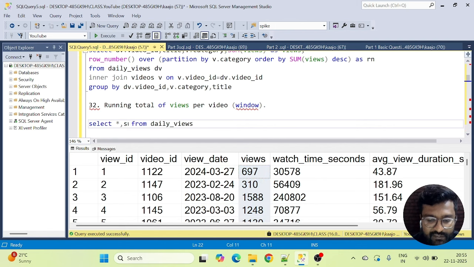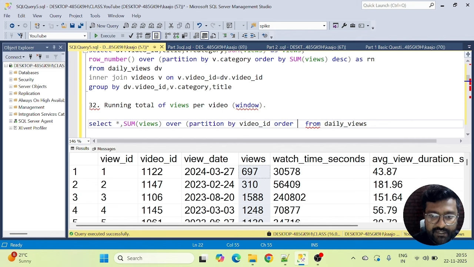So it's very simple, but keep in mind this question of running sum is very routinely asked in SQL interviews. So usually you should expect a similar question of running sum or running average, right? So something like that you should expect in a SQL interview. So please pay attention to this question. Okay, so sum of views, right, and over, because it's asking per video, then we have to go with partition by video ID, right? And be very careful with this order by clause. Because we want running sum, we have to provide an order by clause.